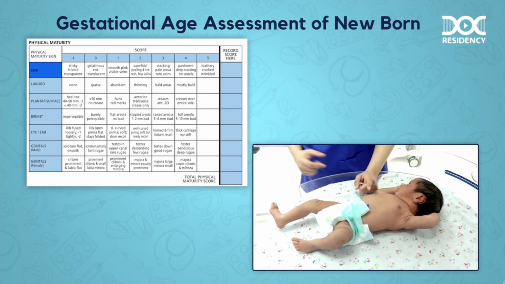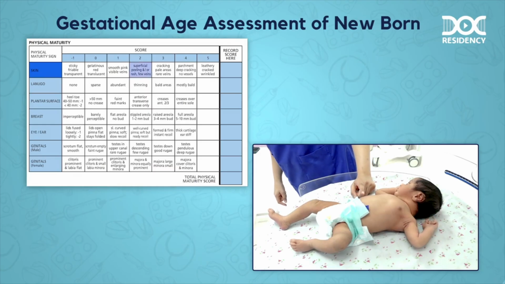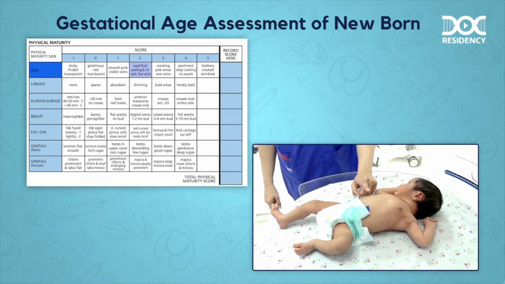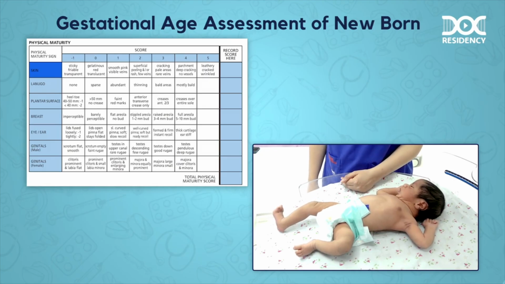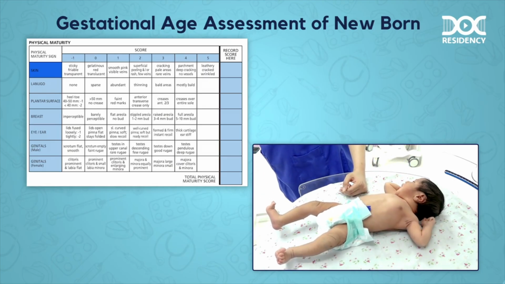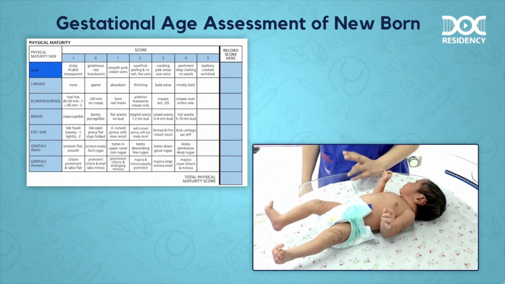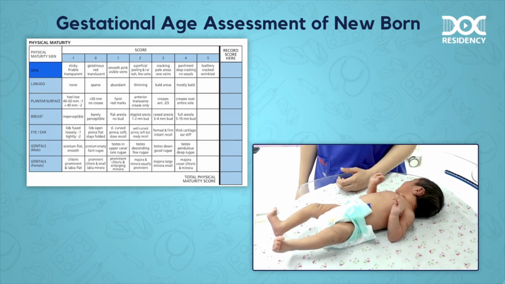In this particular baby, we would classify the skin as having superficial peeling and mild rash that is present with very few visible veins. If you see more visible veins, then that makes the skin more preterm. So, this particular parameter, skin, is scored from 0 until 5. This is one of the 2 parameters in Ballard scoring that has a score of 5. Most other parameters have a maximum score of 4.